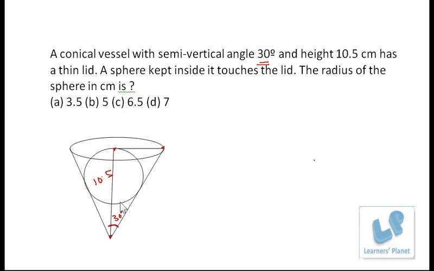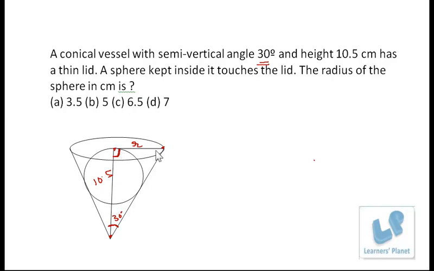Now you can see this right angle triangle. This is perpendicular because this is the radius and this is the height. So the angle between the two is right angle. Now using these two, we can find out the radius and the hypotenuse of this right angle triangle, right? Radius means this base. This is actually perpendicular, so we can find out the perpendicular and hypotenuse of this triangle, right? And the perpendicular of this triangle is nothing but the radius of this cone.